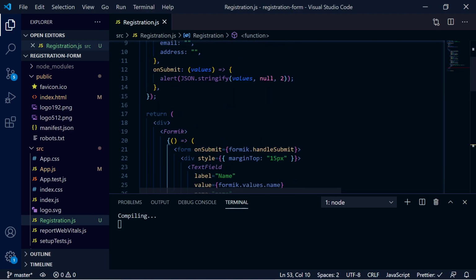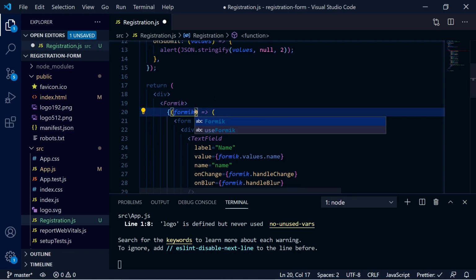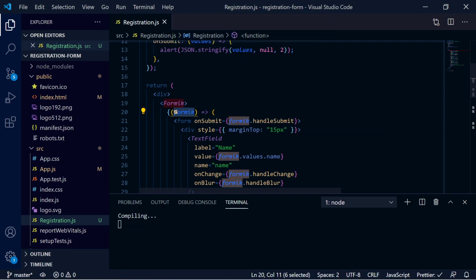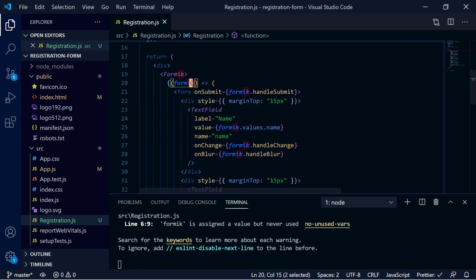That's it. And this function will have access to the Formik configuration, so you can access that with any variable. I'm writing it formik, and that's it. So everything else will be the same. You don't need to change anything, like you don't need to change this. It is the same because we are accessing these configurations from the formik object that we have accessed over here.